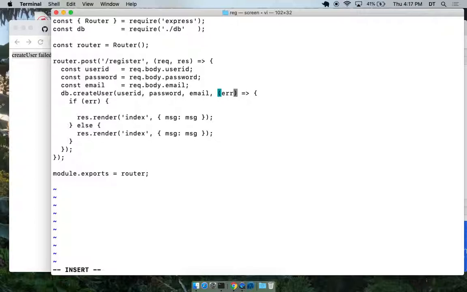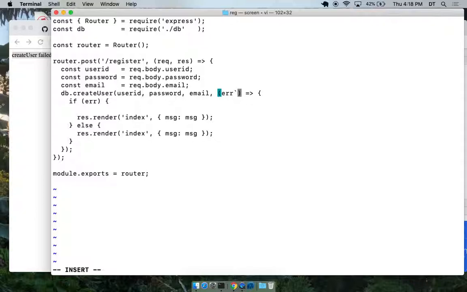Think about create user. What do we want create user to do? So we're going to have it return an error if there's a database error. Otherwise, do we want to create anything? Do we want to return anything else? Think about it. We could do it like this. Maybe this is create user. I'm not sure what we're going to do with that. I don't remember how I did this now.